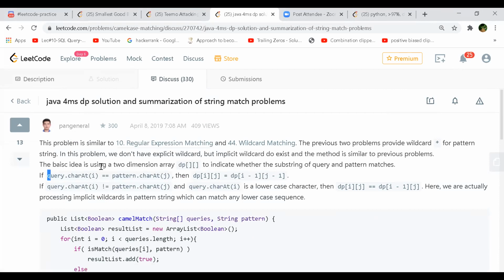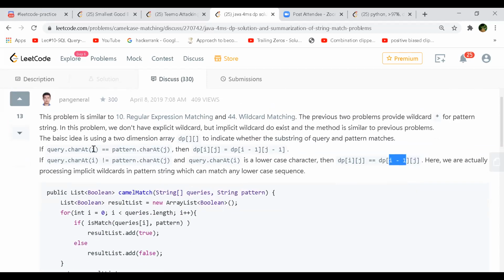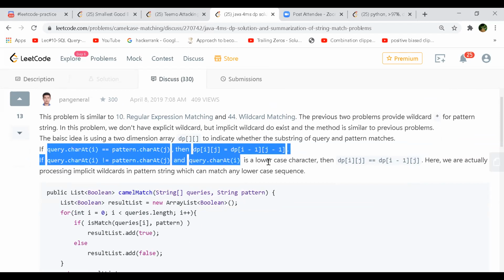I mean, if the query at particular I matches with the pattern, then you just take the diagonal; this is the traditional approach. Oh, yeah. So he's writing here and not implementing it there that way, right? Other way around here. And if it doesn't match, then definitely because the query at this was a lowercase character, one row back we are going, and whatever value we have, we are substituting at that place. Yeah. Yeah. Now it makes sense. These two are the recurrence relation mainly.